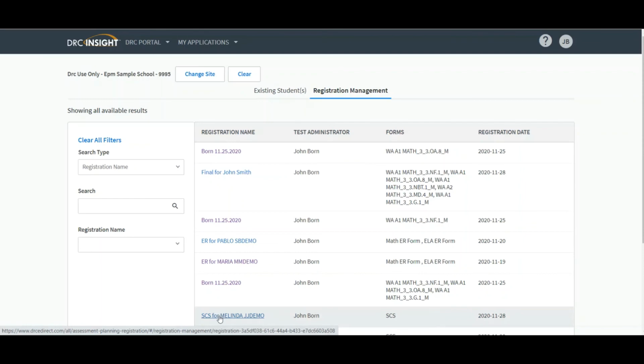Note, you must complete the Student Characteristics Survey in Student Performance Data for each student before you can enter the student's assessment results for any performance tasks. Test administrators can only cancel or modify a registration until an assessment has been started in student performance data. These processes are covered in the Modifying Registrations training.